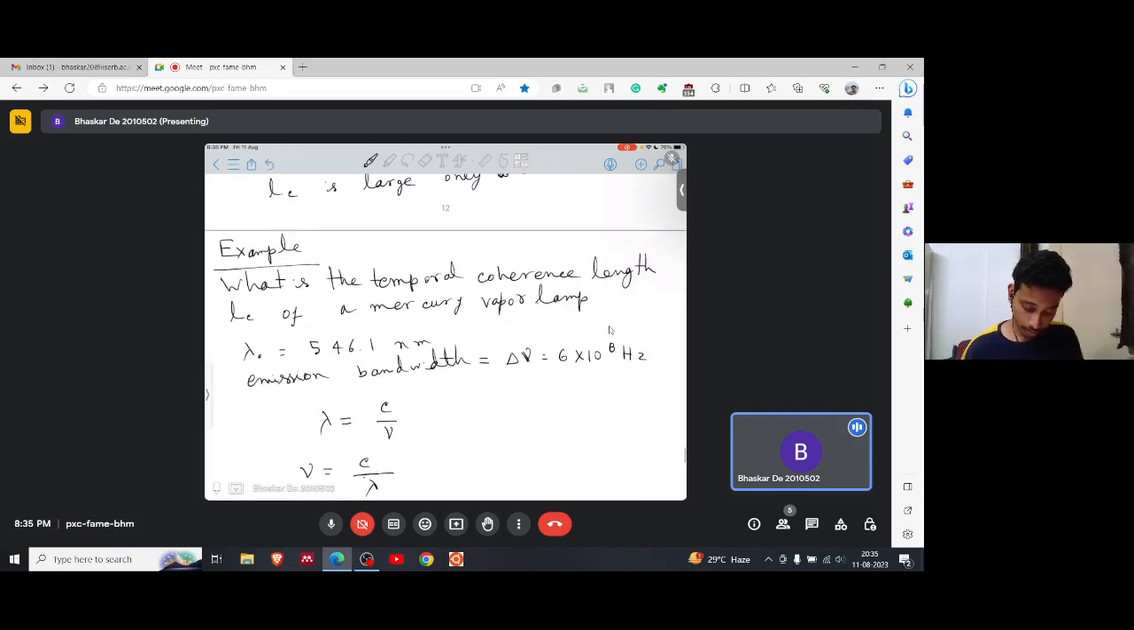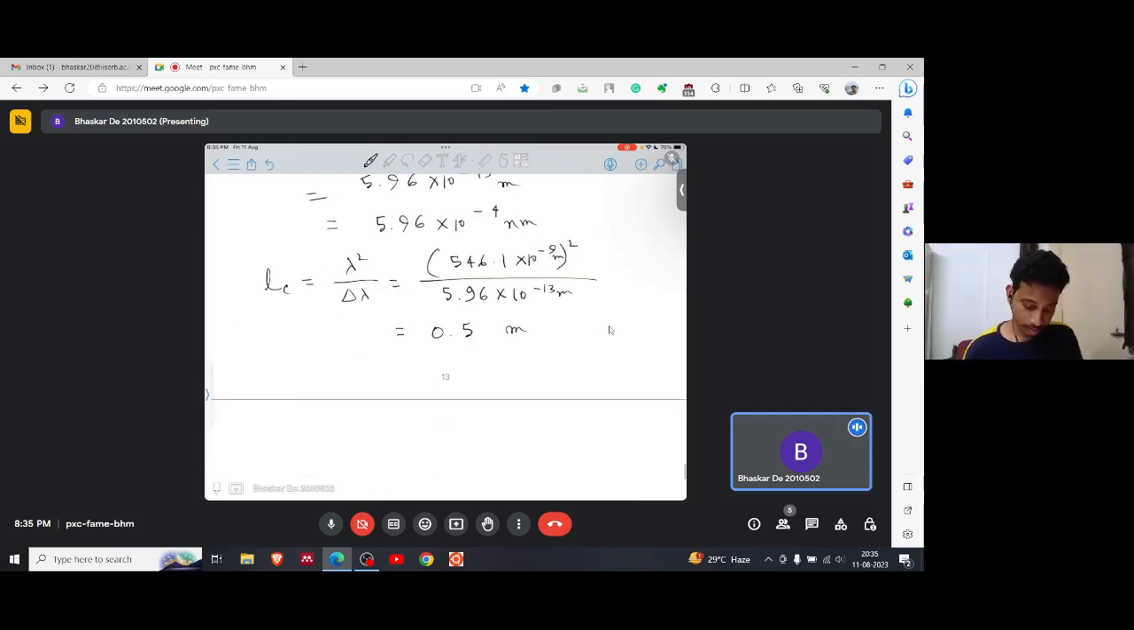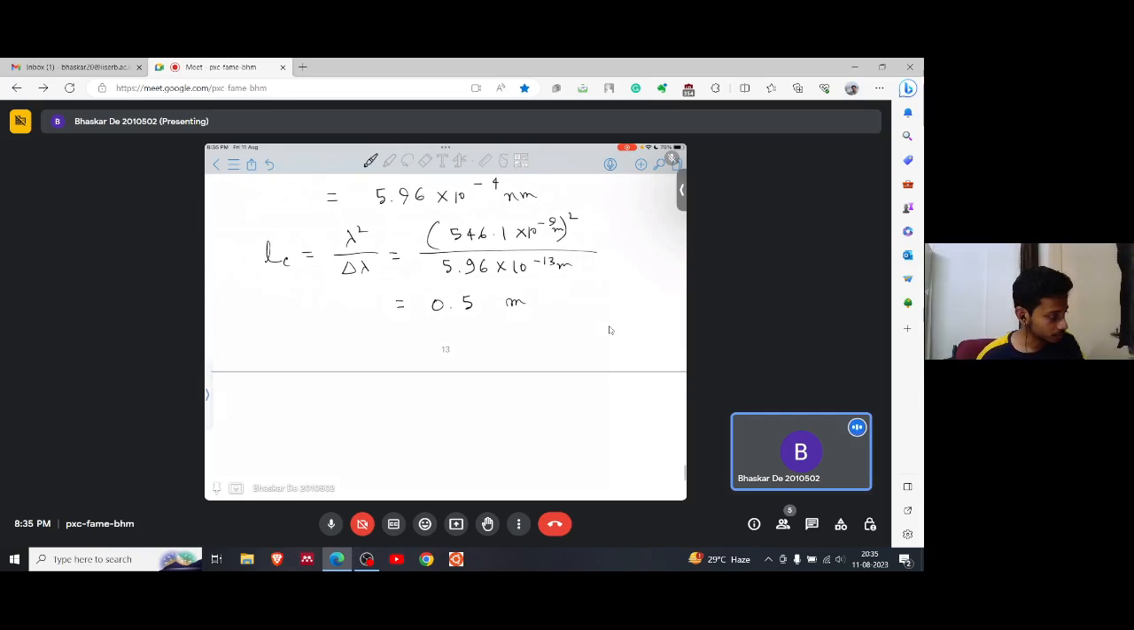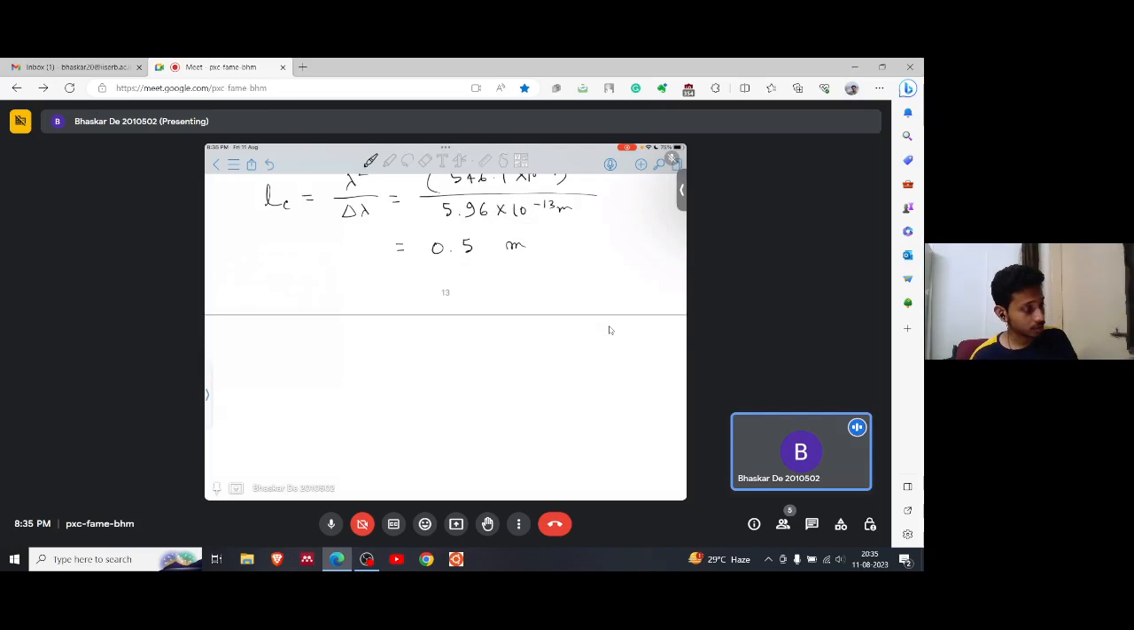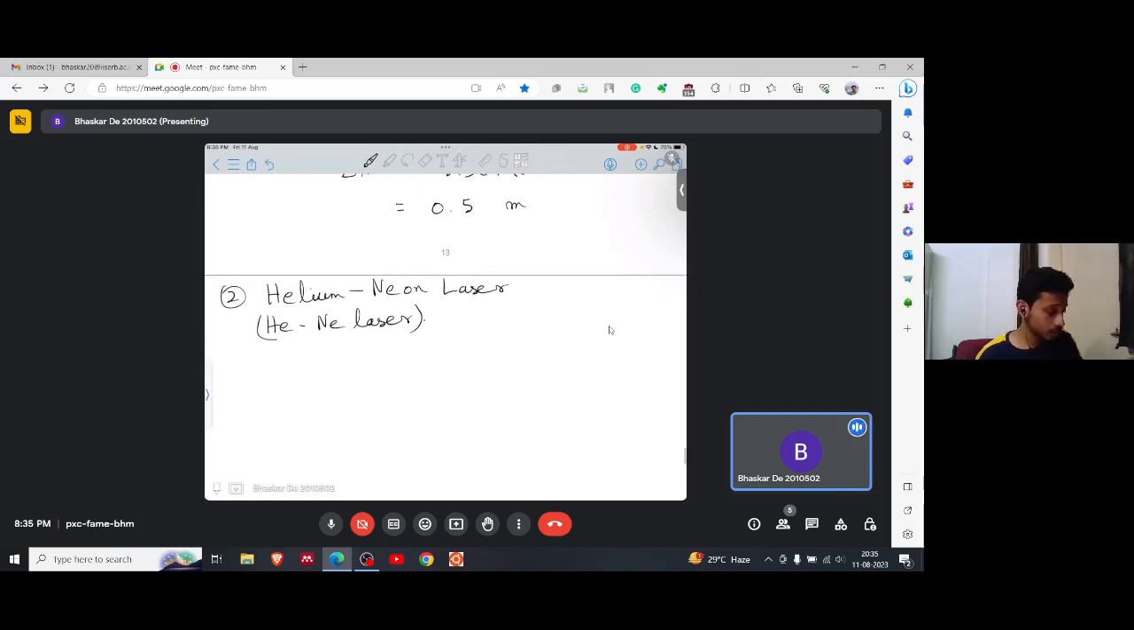Emission for mercury vapor lamp is only 0.5 meter or 50 centimeters. So now we can do the same thing for a helium neon laser, or He-Ne laser, which is the most used name here. So for helium neon laser, the